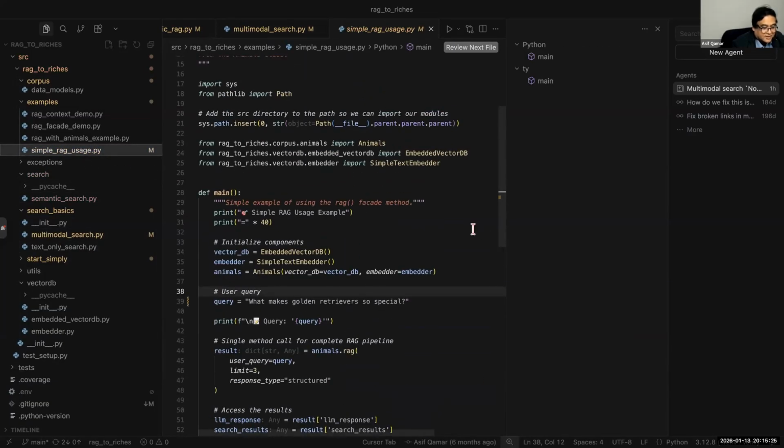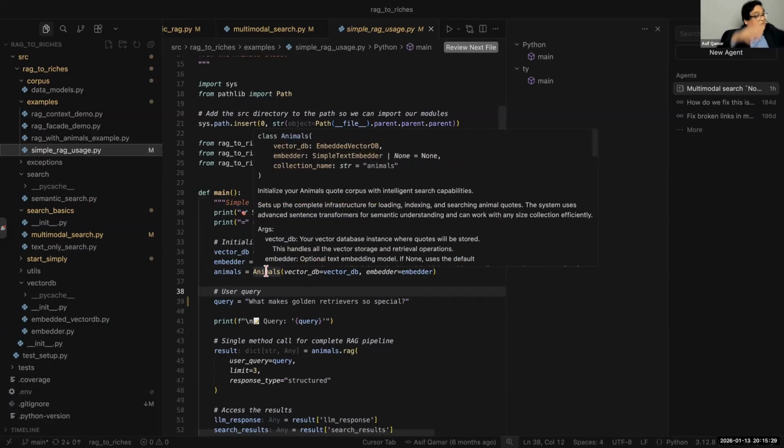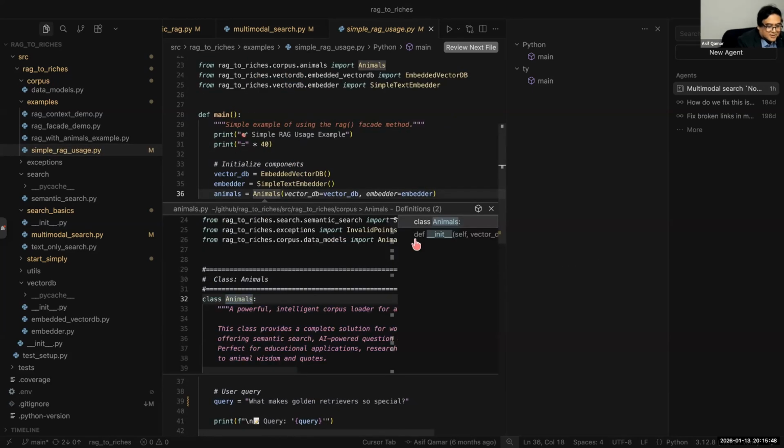What are we doing here? Just for your fun, the main class, the outer thing that is the whole RAG, I've simplified the name of that as the animals class. So if you really want to say where do all the pieces come together, the retriever, the LLM, the prompt, where will you look? The animals class. Are we together?